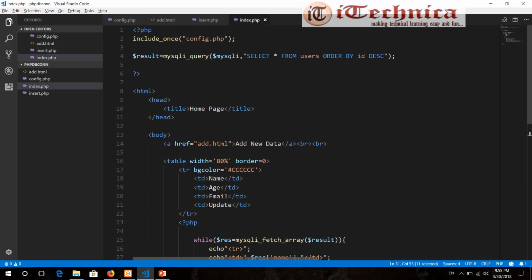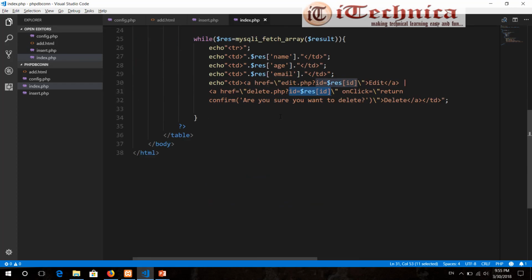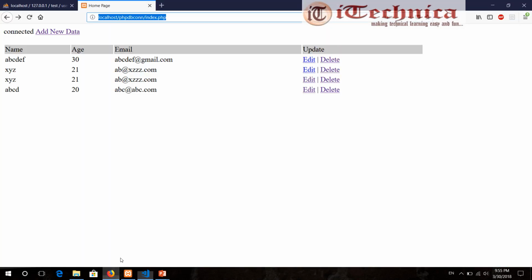It fetches the data from the database and displays it over the HTML page. Okay, so in the next lecture we'll work on this delete part, and then later on we'll also work on that edit part, so that our CRUD application will be fully functional. So that's it for this lecture,